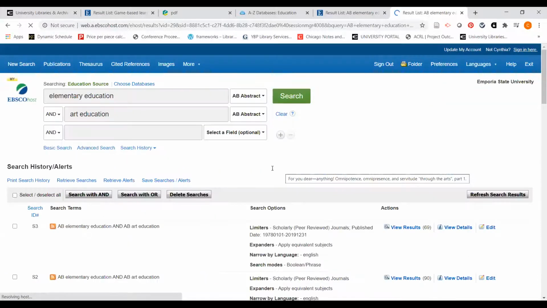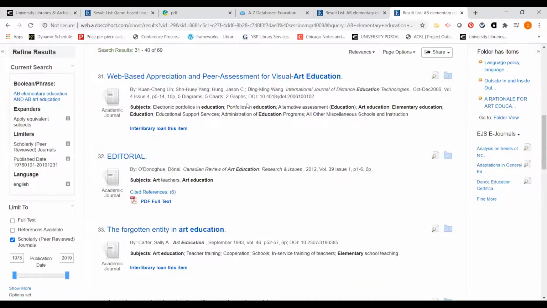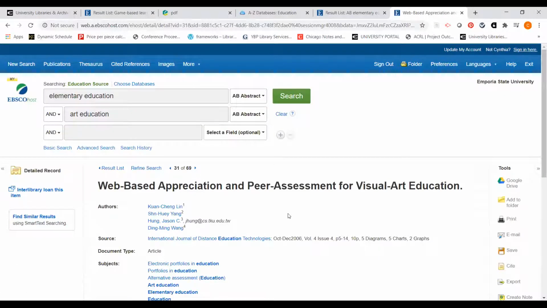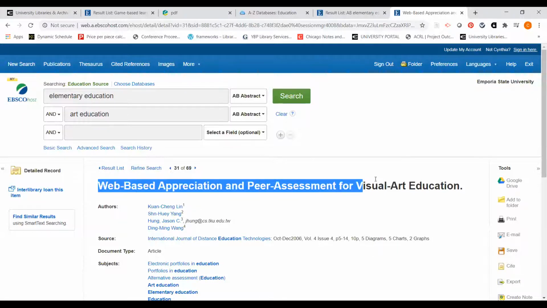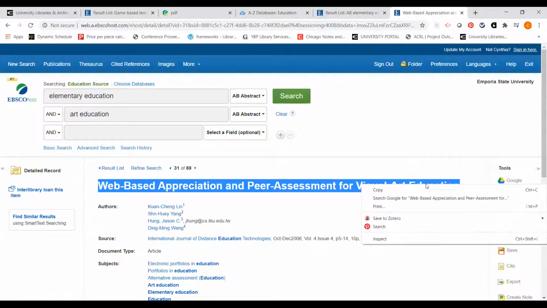And you can see that I still have quite a few. Now here's one that also doesn't have the full text of the article available. And it's out of a journal called International Journal of Distance Education Technologies. Well, let's do the same thing with this. I will copy the title of the article again,